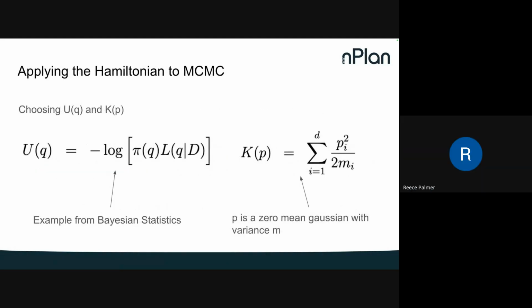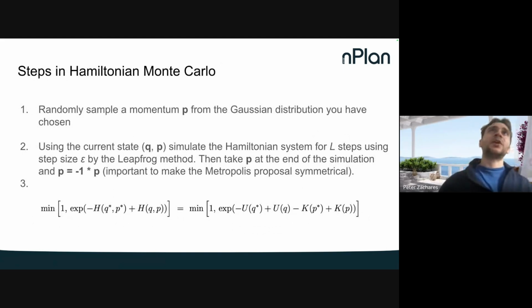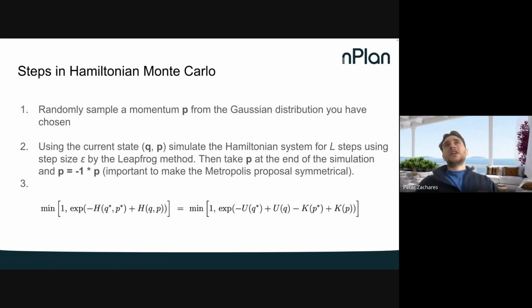Yeah, okay, cool. So what are the steps in Hamiltonian Monte Carlo? When you're performing this algorithm, what are you doing? You randomly sample a momentum P from the Gaussian distribution you have chosen. Like I said, P is some multivariate Gaussian with a zero mean. You randomly sample P. Then you use the current state Q and P,